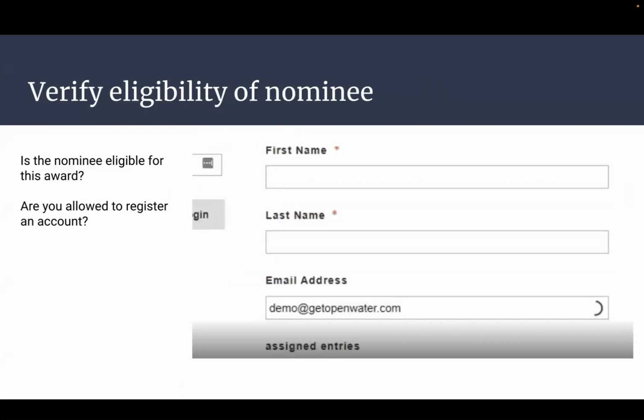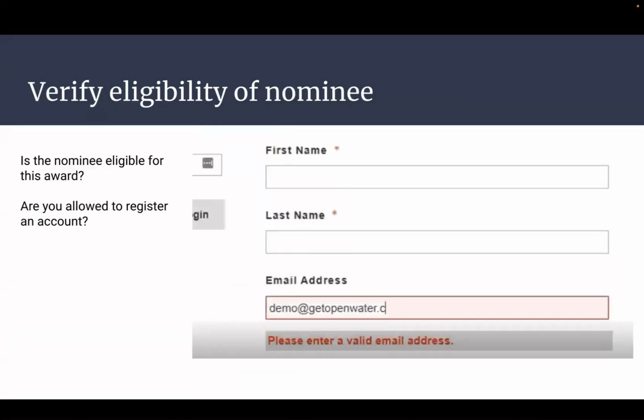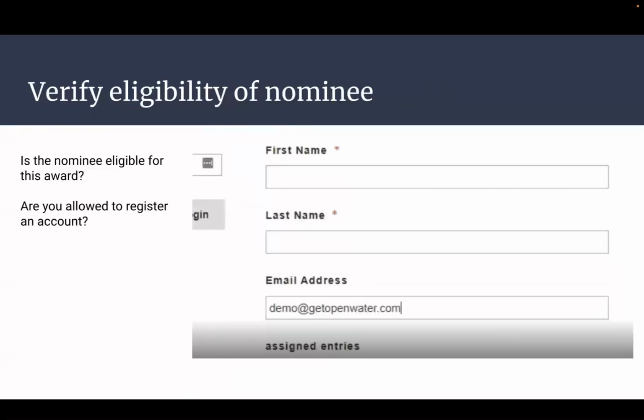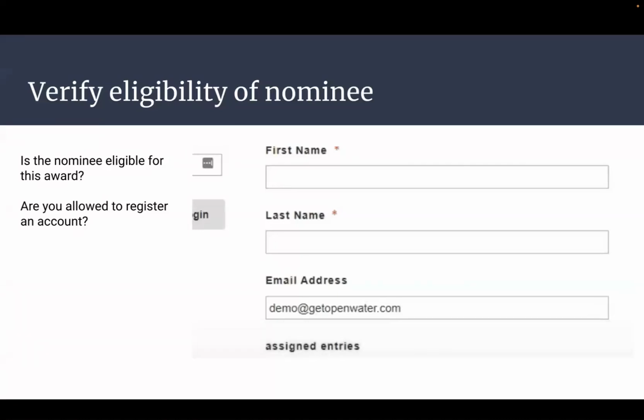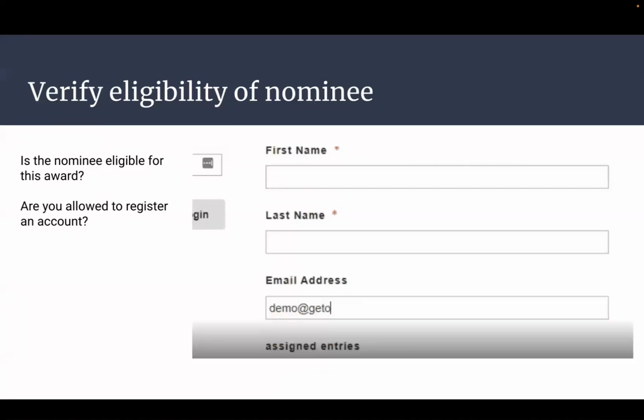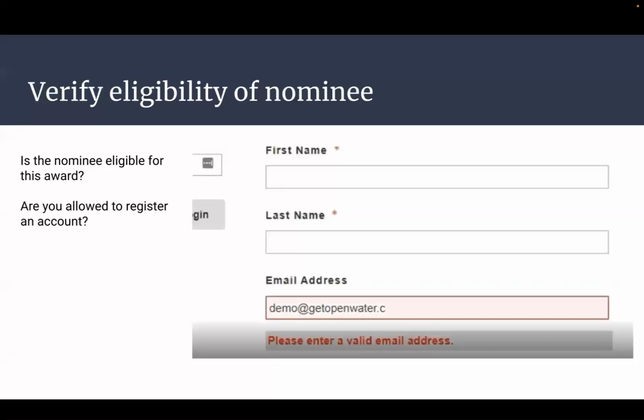Here's another example that is more custom, but it's something that we've seen quite a few times, where you may want to nominate somebody, or you may want to enter in the details of a user on an OpenWater submission form. Are they eligible to be nominated, for example, or are they eligible to be a speaker? There's all sorts of use cases with this, but the idea is that someone could type an email address of